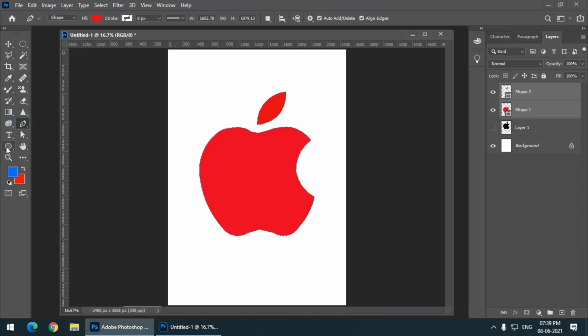We also have some ready-made shapes over here. That again we will cover in some different video, but just to remind you that we also have some ready-made shapes. We can also change or edit those shapes by using the curvature tool and all these tools. But for now, I think for this video, that's it.